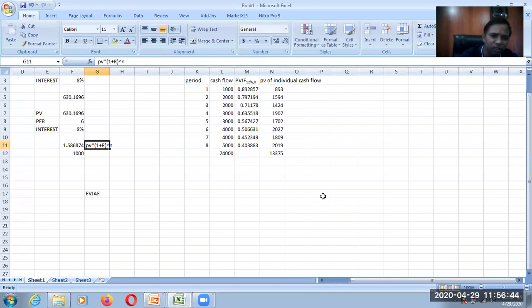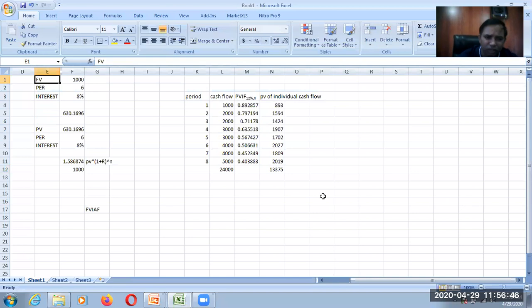If you'll see here, we're discussing this. If I am computing only the factor value, this is the factor value. So if I am calculating only the factor value, it is known as either present value factor or future value interest factor, depending on what you are calculating. So I am talking about the interest value factor. And the interest value factor is equal to